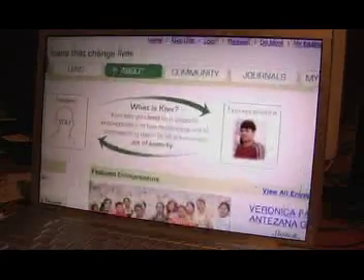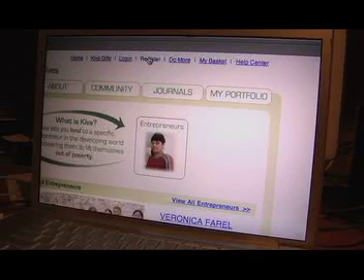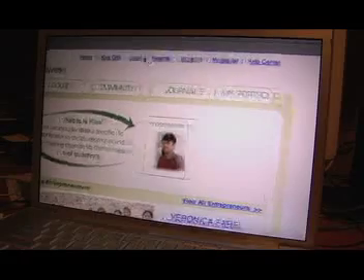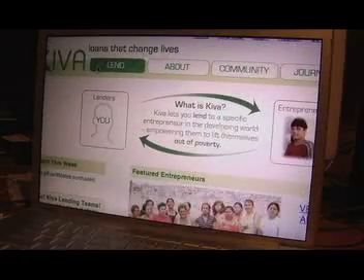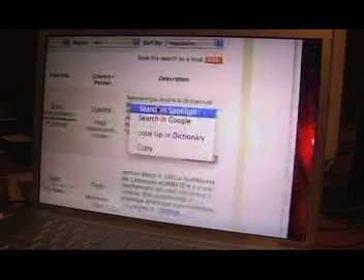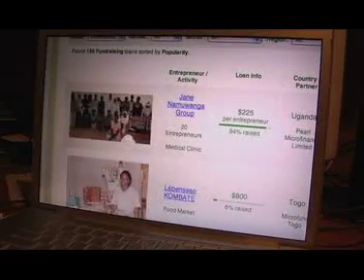So to get started, you first want to register, and then you will make an account and you'll set up a credit card, all that information. It's used through PayPal, so your information is secure. And then what you're going to do is come over here to lend, click on that, and then you get to scroll down and view all these different groups, all these different people that have different stories over here on the side. And then they also have information about them, such as how much money they're requesting, and then they have a picture of the group usually.